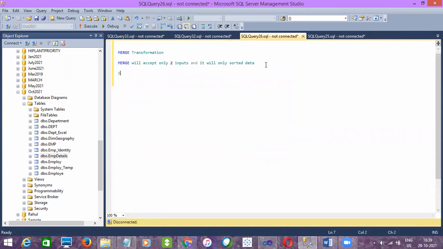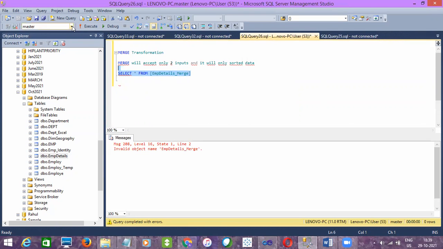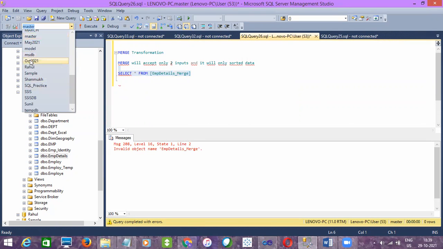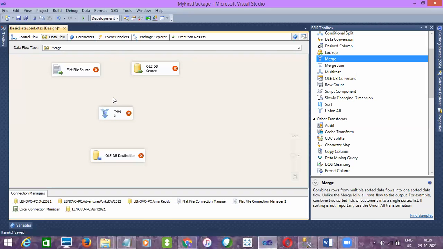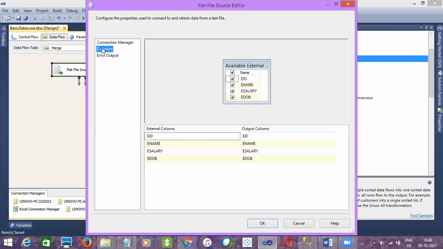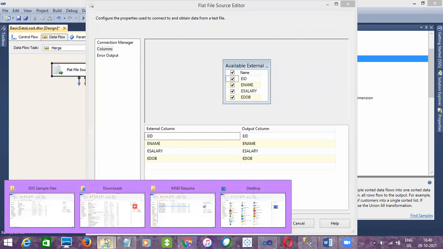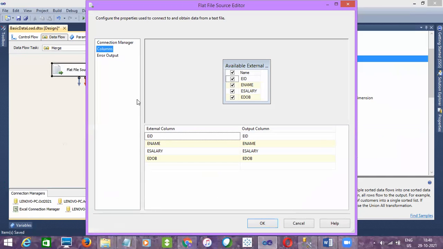Let me check the data in my destination. Since I have newly created it, there will not be any data in it. Now let me configure the SSIS. The first source is the Flat File Connection Manager with the file name EMP details. We have already created a connection manager, so I'm using the existing one.